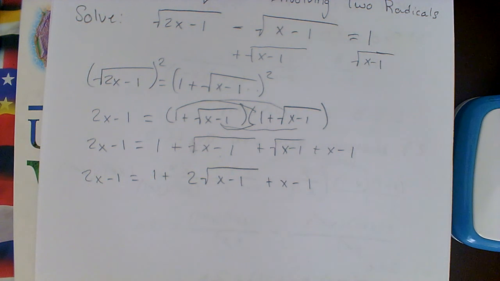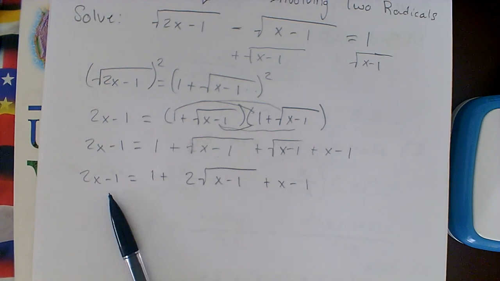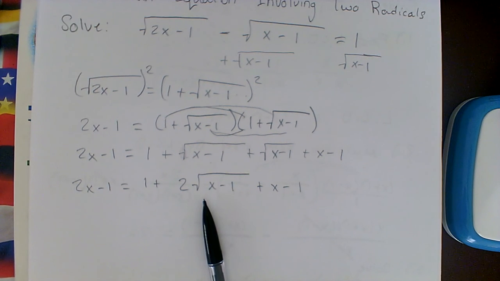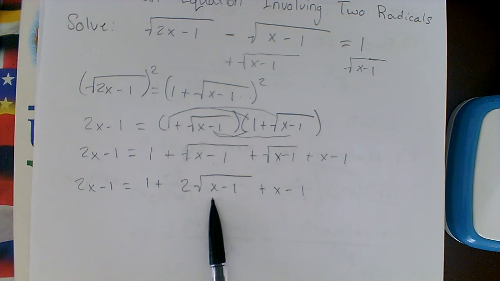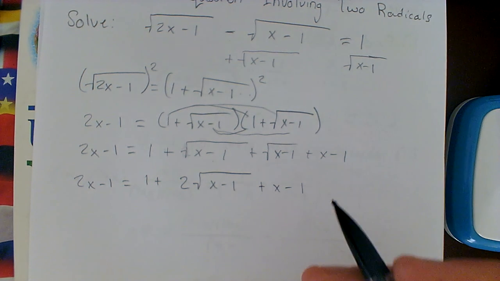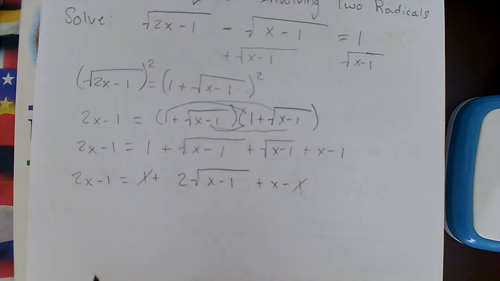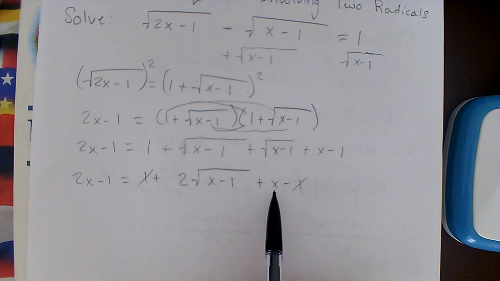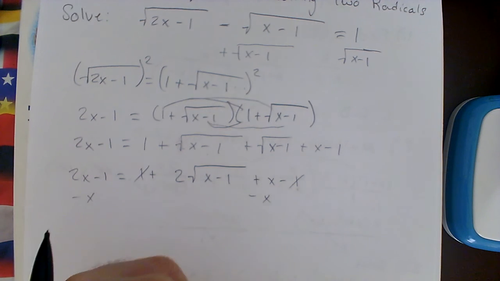Okay, so now we've taken this radical expression that has 2 radicals in it, and we've reduced it to a radical expression that only has 1 radical in it. So now we just repeat the process to eliminate this one as well. We have to isolate this radical expression. First off, we have a 1 here and a minus 1 here, so we can cross these off. And let's move this x over to the other side. So if I subtract x from both sides, we get